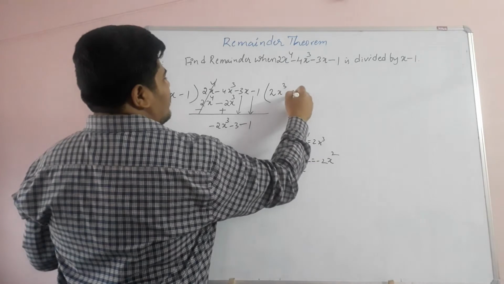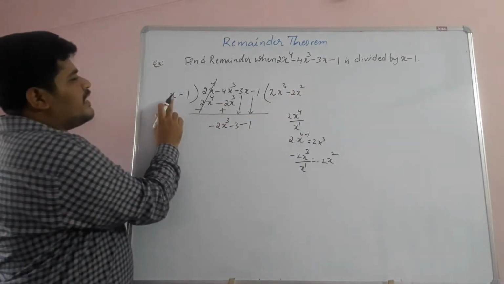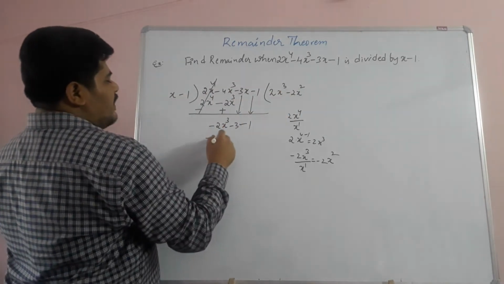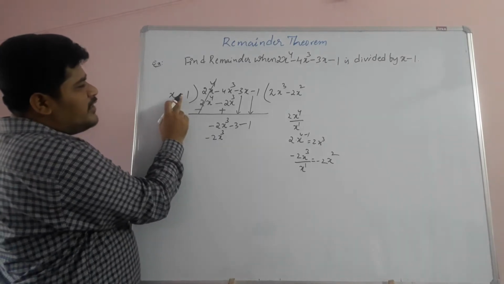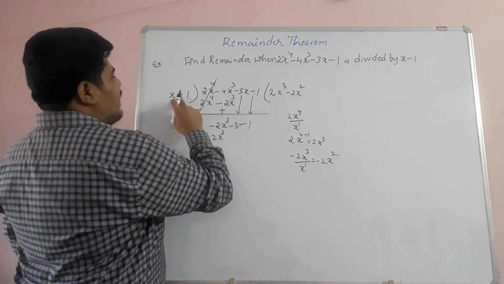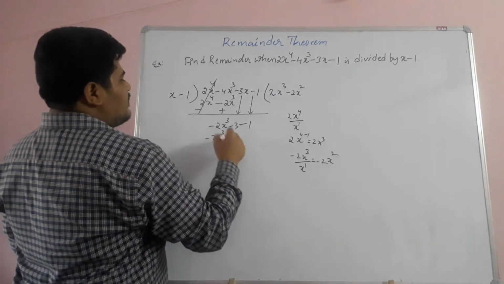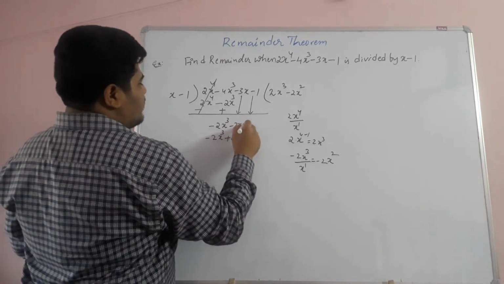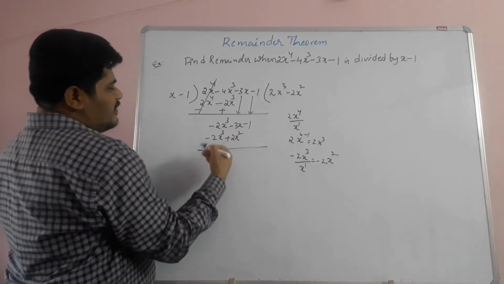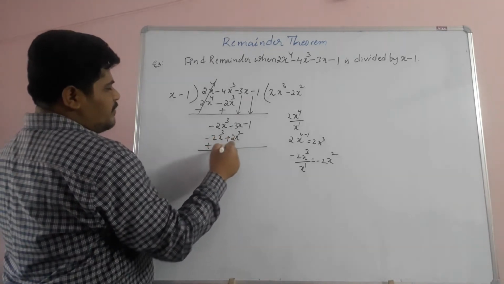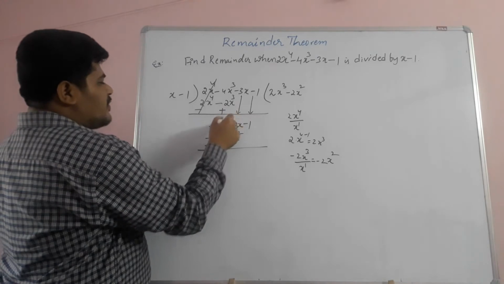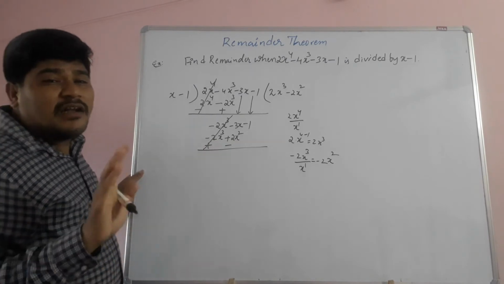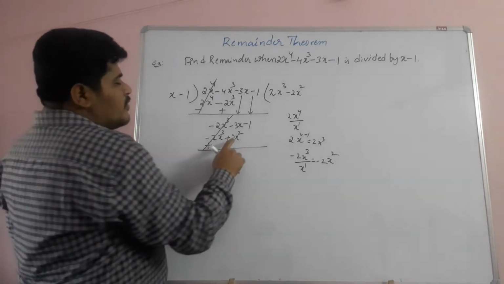So minus 2x square. Now children, again here first term into the second term. x into minus 2x square, that is minus 2x cube. Again minus 1 into minus 2x square. So minus into minus is what? Plus 1 into 2x square is 2x square. Okay, here minus 3x. Right. So now children, repeated subtraction, right? So this minus becomes plus and this plus becomes minus. So minus 2x cube plus 2x cube cancelled. Now what is left, children? Here is the x term, this is the x square term. So these are not like terms, so we cannot simplify them. So we can write as it is.